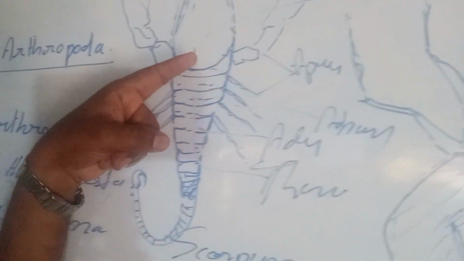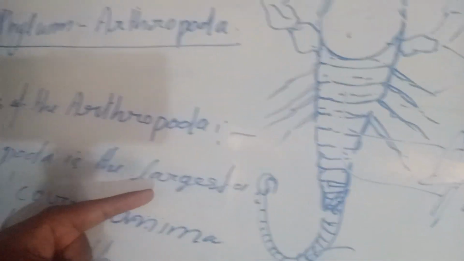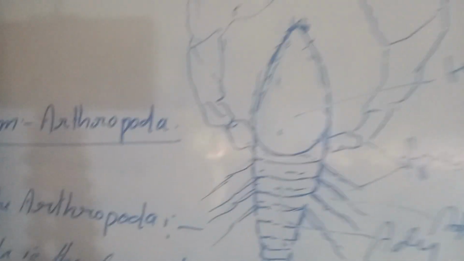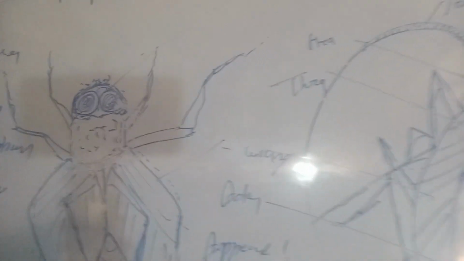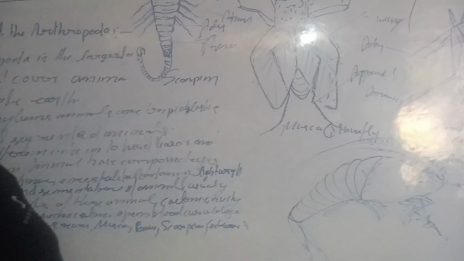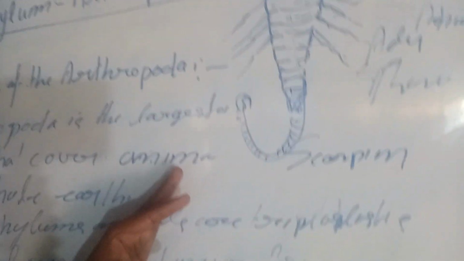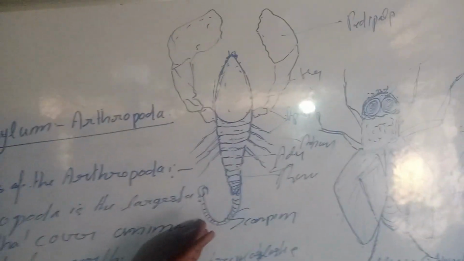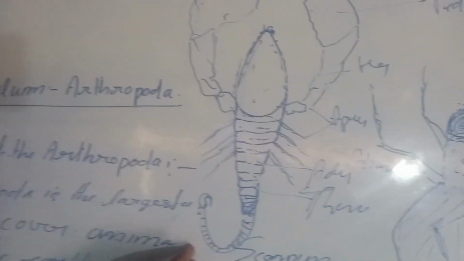This is Musca domestica, and the scorpion is very important in these phyla from a structural point of view, and we have discussed it one by one so that you can clearly understand it, well designed and well formed. Each and every part of the animals we are going to design here and show you so that you can understand it well and define it and gain good marks in the coming examinations. So I hope that you have certainly understood each part